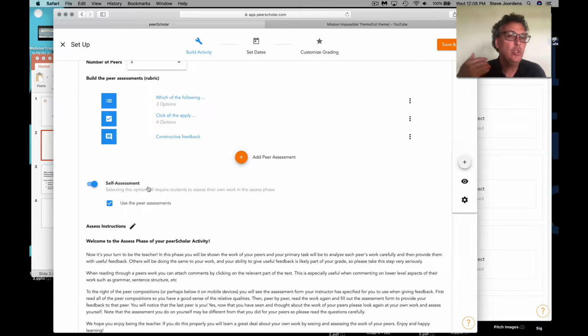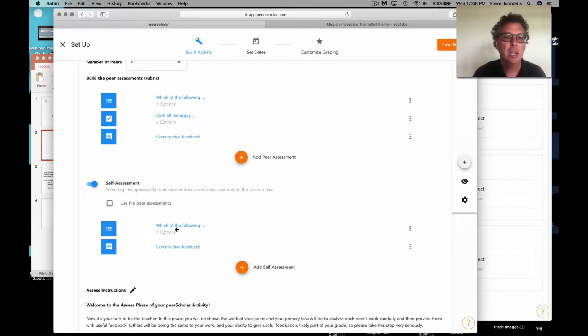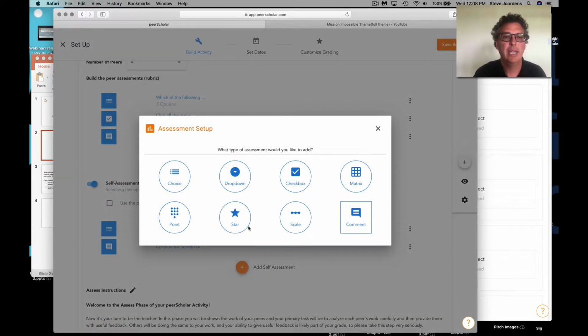And then once you do that, you have the choice of either just keeping this box checked, in which case they're going to be asked the same questions of themselves that they were asked when they were looking at their peers' work, or if you prefer to customize the self-assessment, you can click that to say, no, I'm not going to use the peer assessments. You start with the peer assessments, but you can then say, no, I don't want this one here. I'll keep those 2, and I'm going to add a